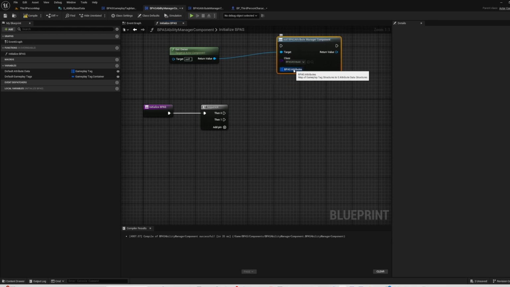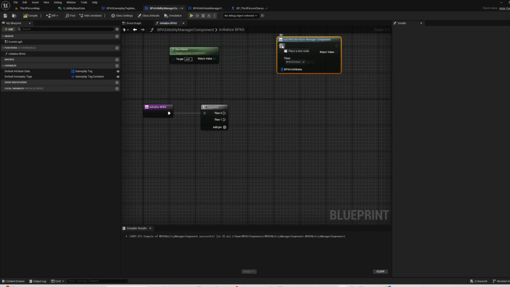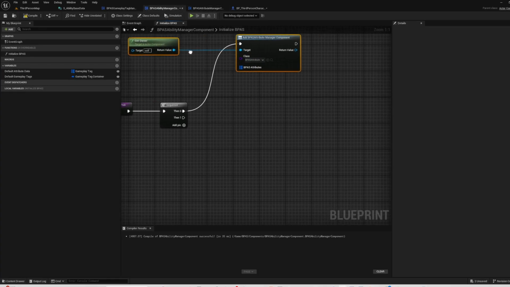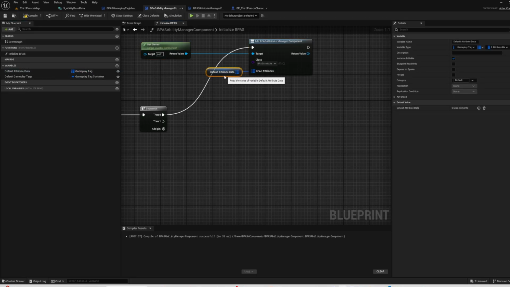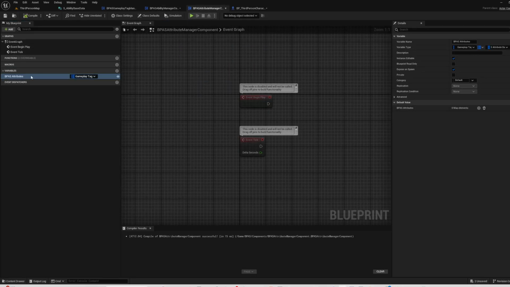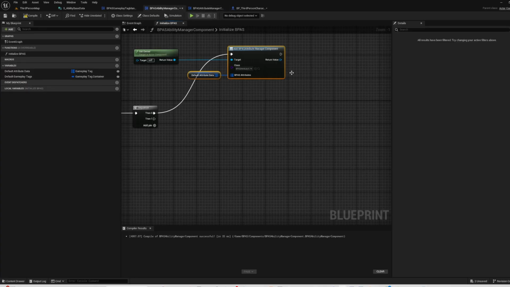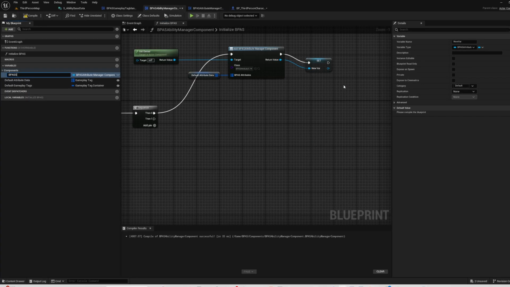This is our BPass attributes variable that we set to expose on spawn. So when we spawn this component dynamically, this is the BPass attributes. If we drag in our default attribute data, that means this variable will be set to that. We can pull off the return value and promote it to a variable and say BPass attribute manager